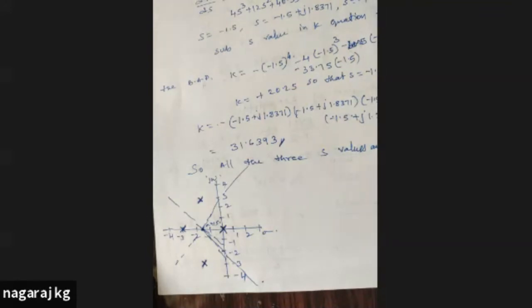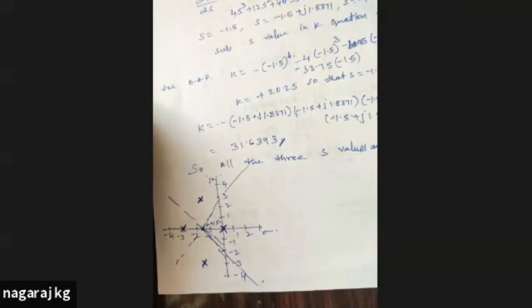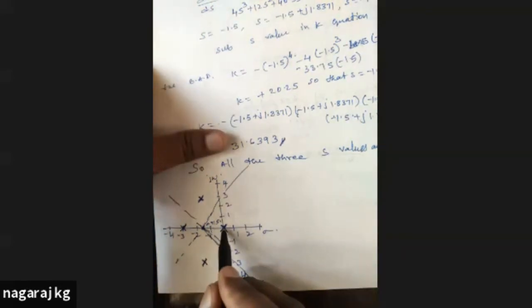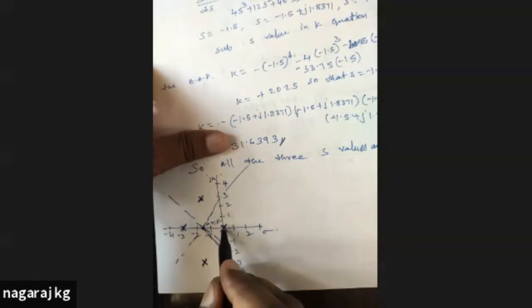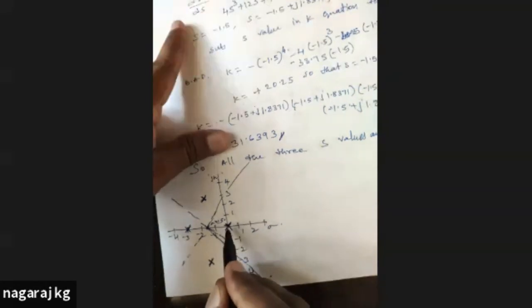Always remember, the root locus moves in such a direction that there are an odd number of poles and zeros to the right side of its movement. To the right side of its movement, only an odd number of poles and zeros should be there. So each pole will have one root locus. One root locus will start from each of these poles. So I'll start with this. This pole will have one root locus. How will it move? It will move on the real axis, to the left.